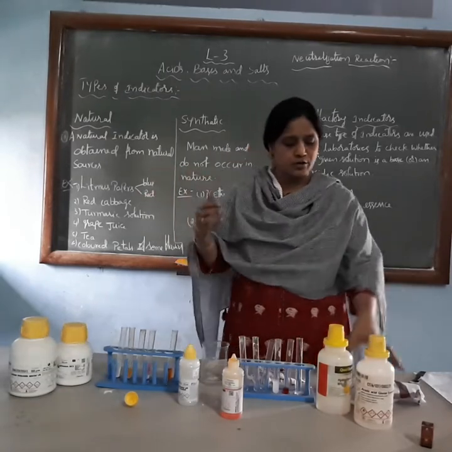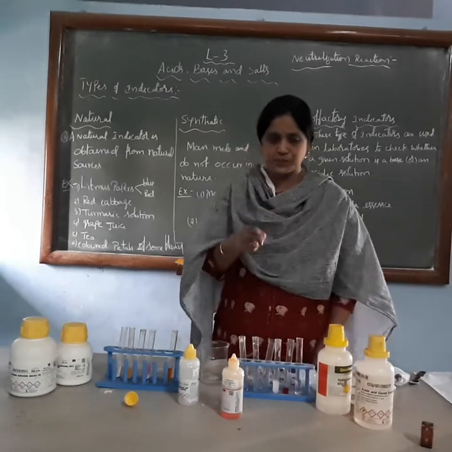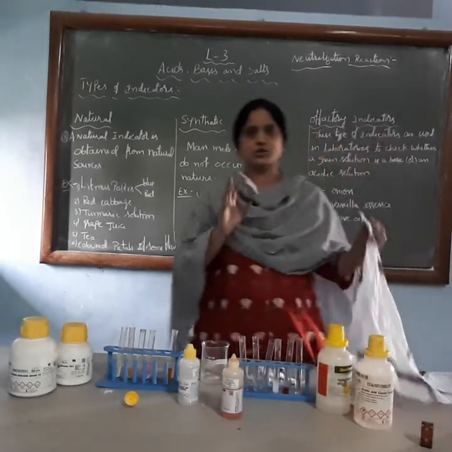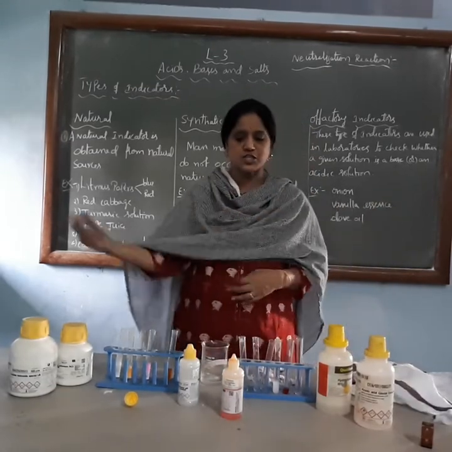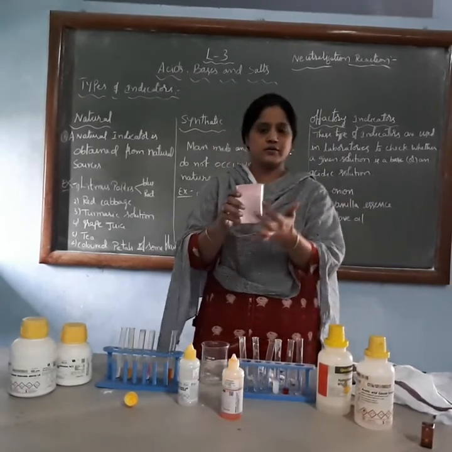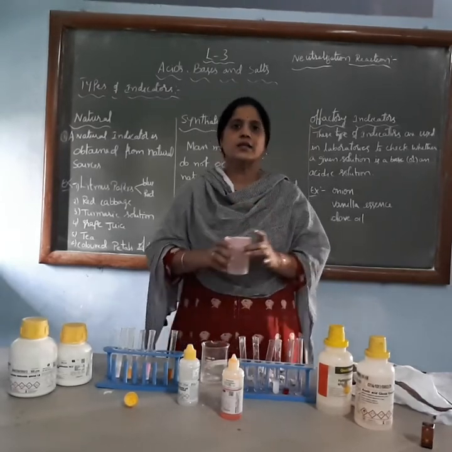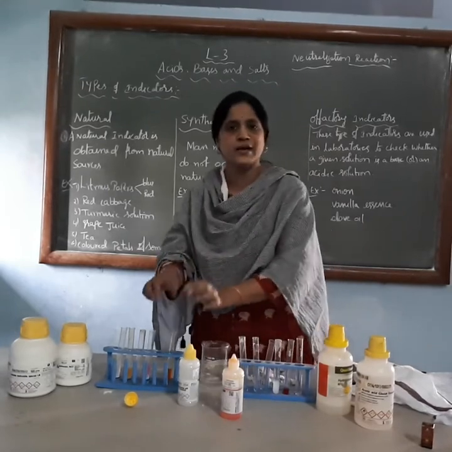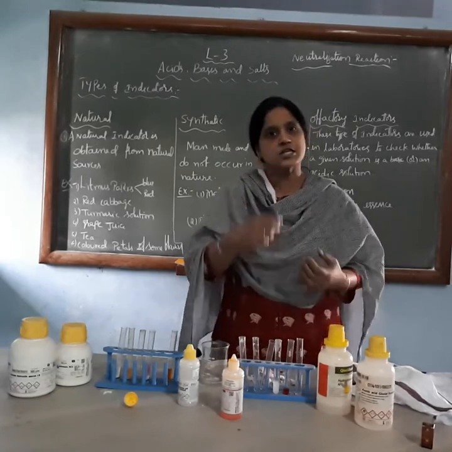And the next day you have to take out that cover and remove this cloth, and you cut it into strips. Just I will show you. See, like this, you cut into strips, and these strips you just dip into the distilled water. These are the distilled water. Just dip them into the distilled water, then take out those strips and put them in acid solution and basic solution, and smell it. Those cloth strips, just you smell them.